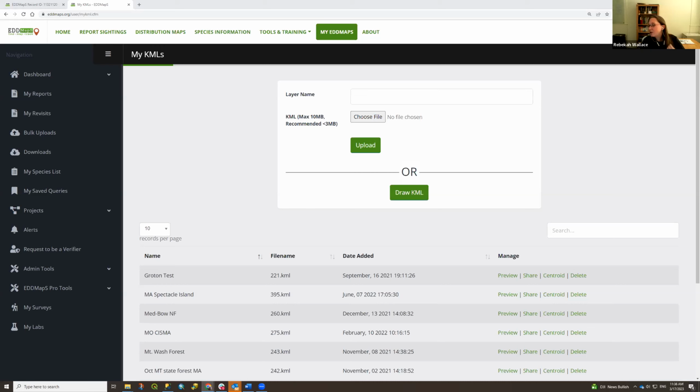So I see who can request to be a verifier. I mentioned this in 101. There's a request to be a verifier link on the left here. Anybody can request to be a verifier. Generally speaking, the verifiers we add tend to be people who are actively working in invasive species, pest species, biocontrol, things like that, and are experienced in identifying the species in a particular geographic area.